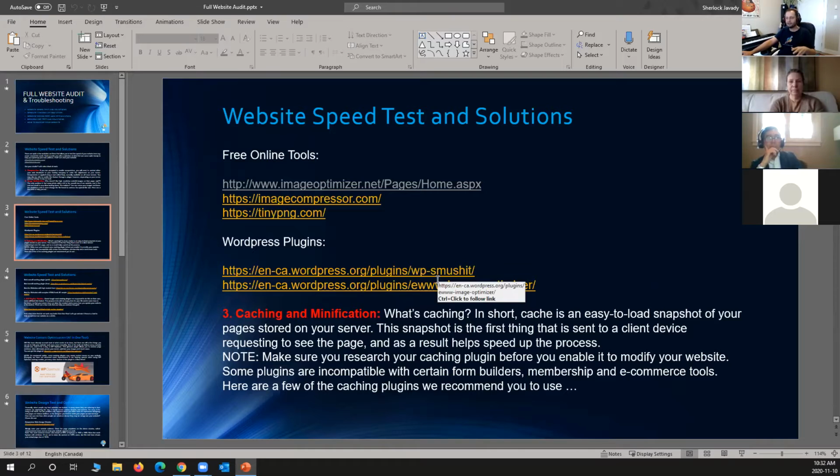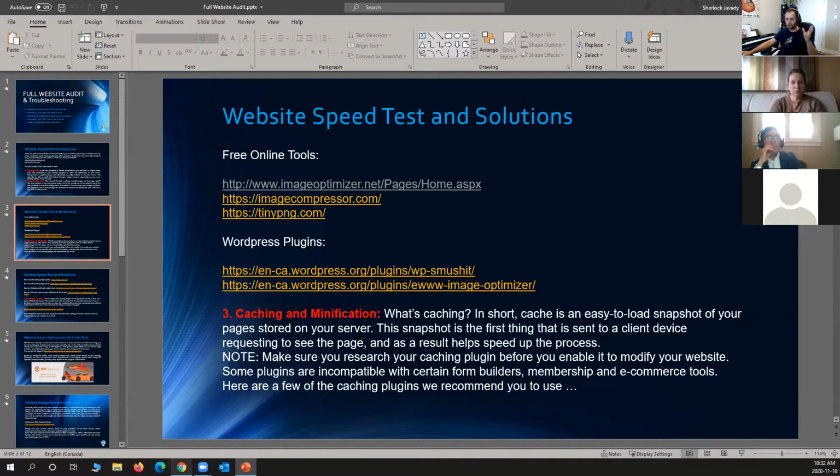At the end of this class, I will give you another plugin that is actually a very good all-rounder for optimizing your website and speeding it up. But these two, I myself usually use the second one. I have not used it on my own business website yet. That's why my file sizes are quite large.